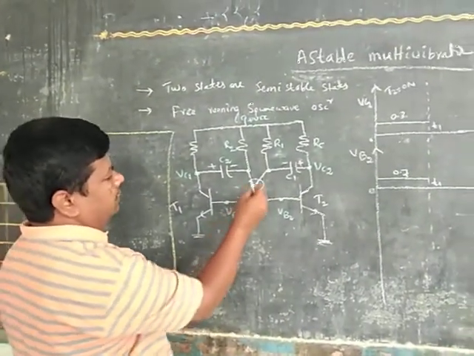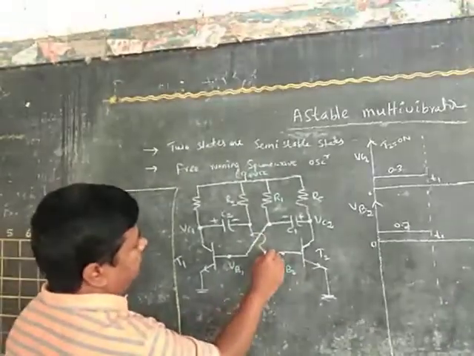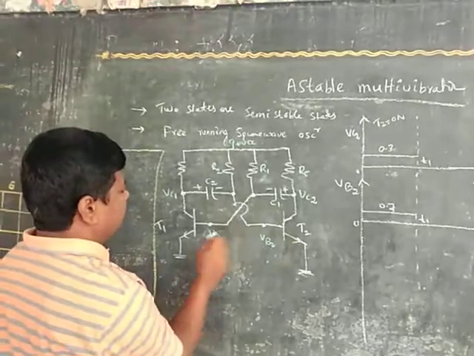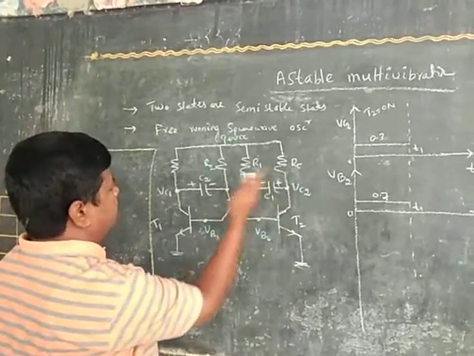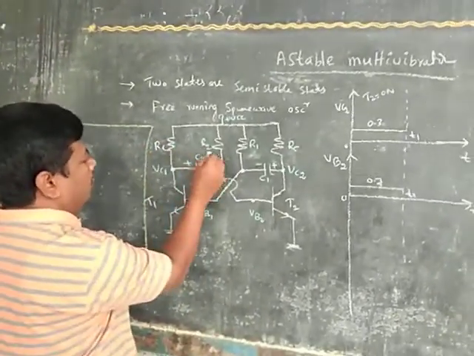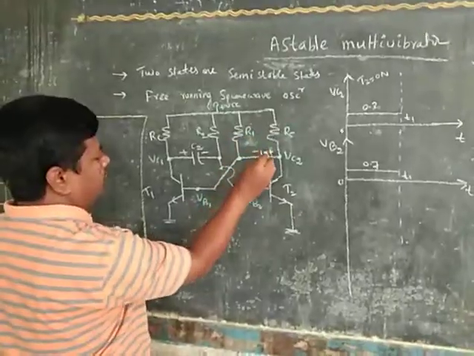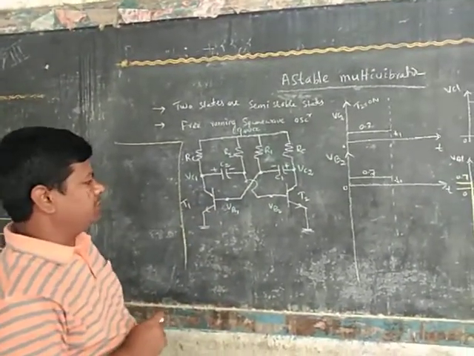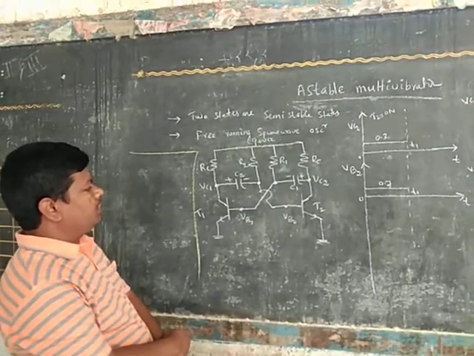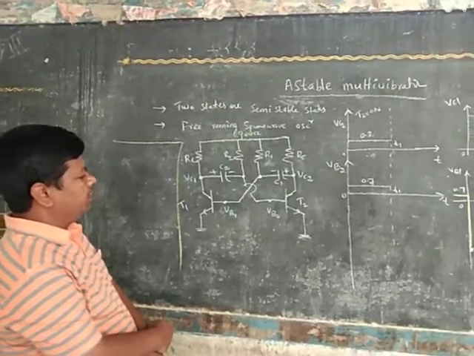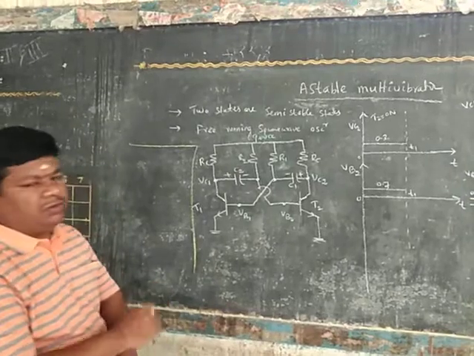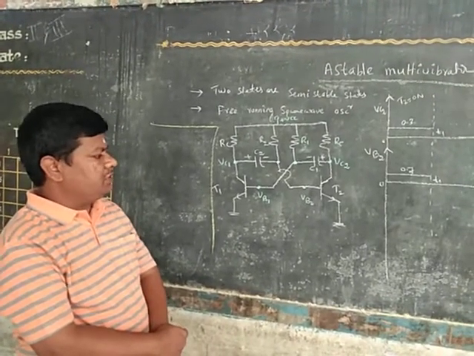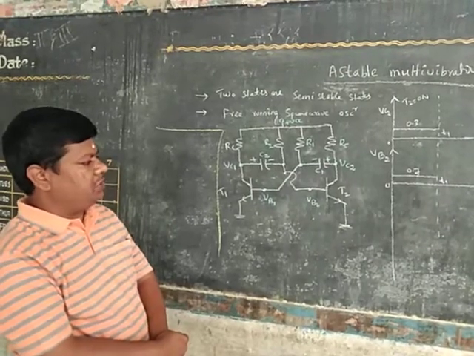So this is the design details, the circuit description of the astable multivibrator circuit. Here R_C, R2, C1, and also R1, C1, T2 and T1. By observing the circuit, it is a symmetric circuit. If R1 is equal to R2 and C1 is equal to C2, the circuit configuration is symmetric. That means when we switch on the circuit, we cannot say which transistor enters into on.